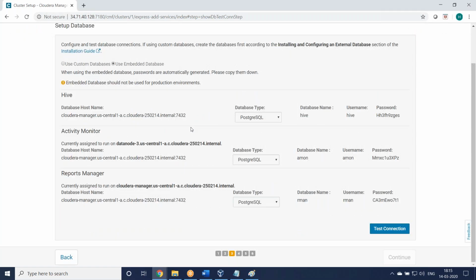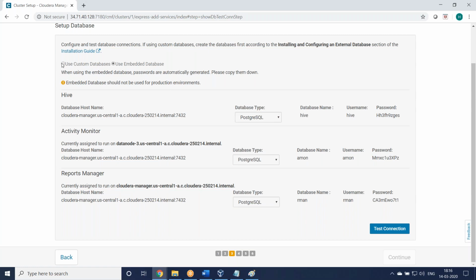You see, PostgreSQL comes automatically by default when you are installing. Okay. If you don't want it, you can change it. You can install MySQL or Oracle, and then you can create databases related to Hive, Amon, Hmon, whatever you want. You can create some user IDs and passwords, and you can mention them.